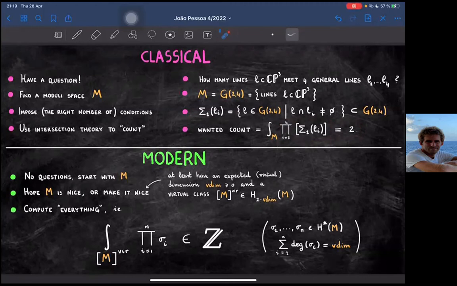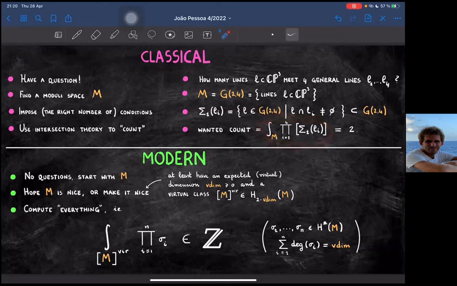Okay, this for the classical story. Now the modern story, which started around 25 years ago, is completely different. First of all, you have no question. You start with a moduli space you like, and usually the problem is that the moduli space you like does not allow you to compute numbers of this form